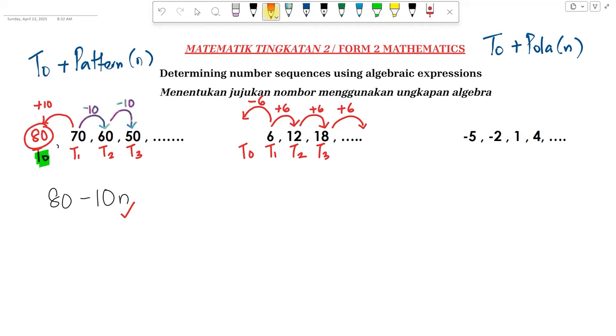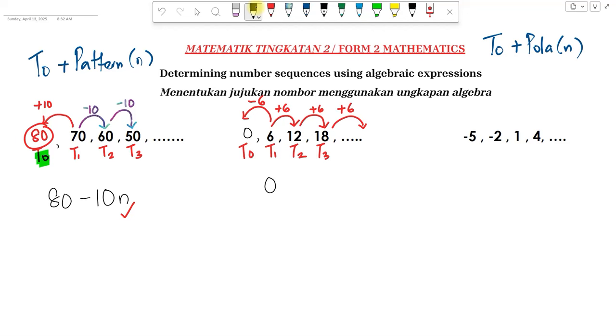Ke sebelah kanan, kalau tambah 6 ke sebelah kanan, nak pergi ke sebelah kiri pula kena buat tolak 6 pula, ya. So 6 bila tolak dengan 6 dapat apa? 6 minus 6 will give you a 0. So term 0 is 0. So now ganti balik dalam kita punya format tadi, term 0. Term 0 tu apa? Term 0 kita sifar, betul tak? So letak sifar, write down 0 because our term 0 is 0.